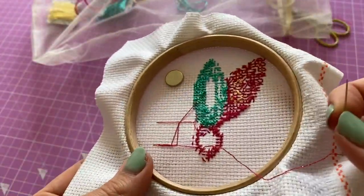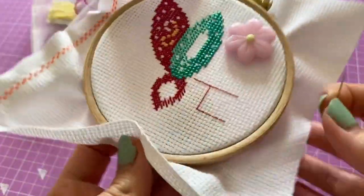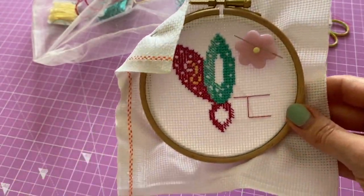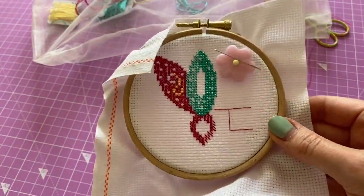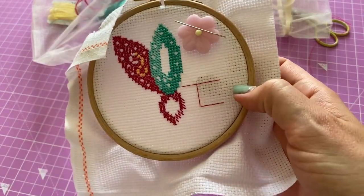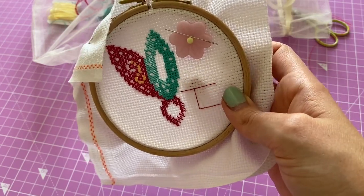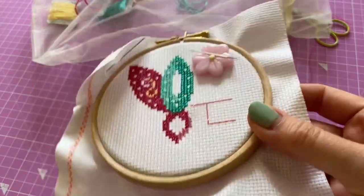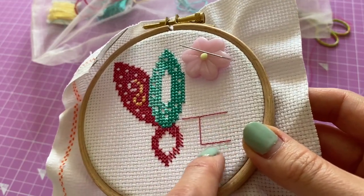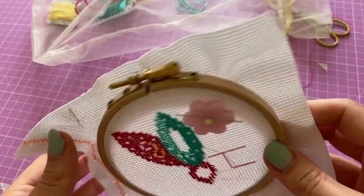Lots of different options there for you, depending on how you're finishing, what you're doing with your piece, and just how it's going to be finished, whether it's going to hang on the wall, or have light behind it. If it's on a window with the light shining through, you don't want to jump and have the lines of thread at the back showing through. And then again, just double checking your lines, whether you want to jump much or whether you prefer to come in every few squares. But I hope that helps you start and finish with the one strand,